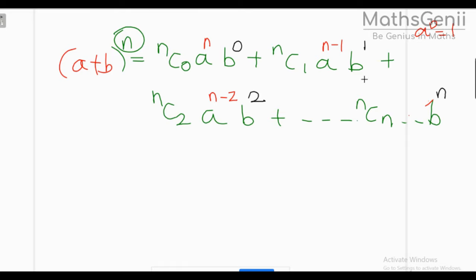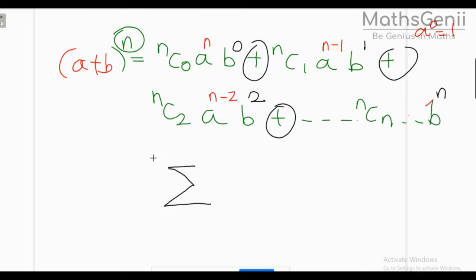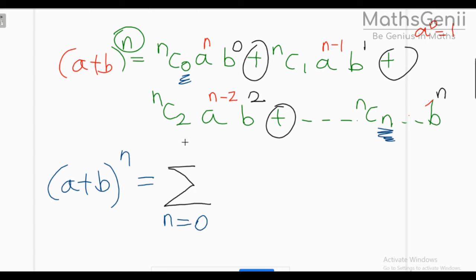Now every time you cannot write such big terms, we need a small formula. So everywhere you have plus, plus, plus. So how do we represent plus? We represent plus as a summation. We are writing the short formula for this. N is starting from what value? 0. N is ending at what value? N is ending at n only. Then you have,